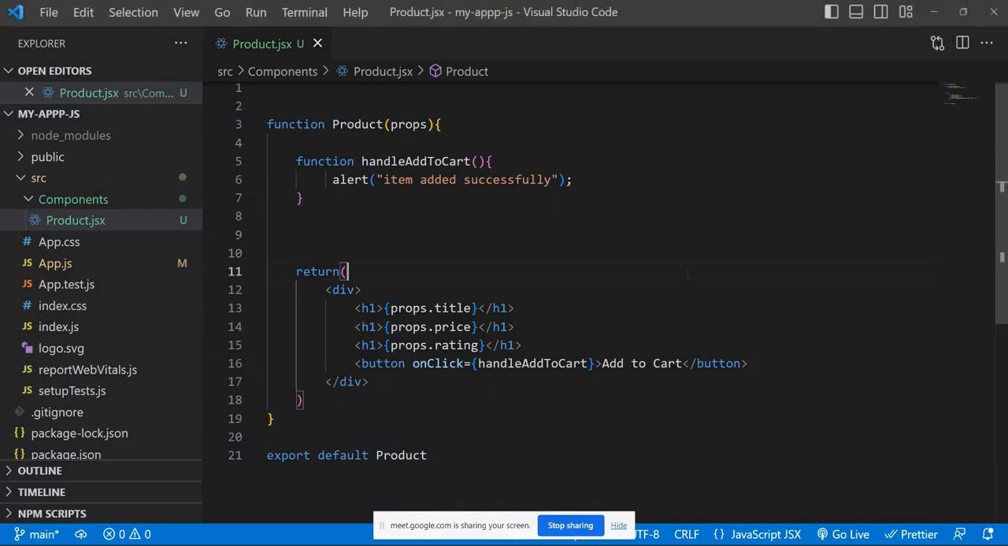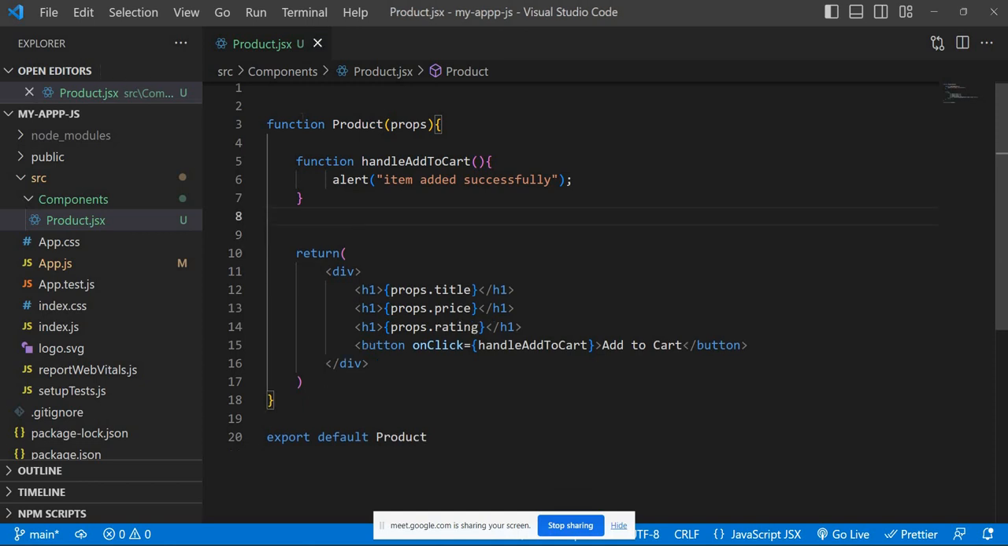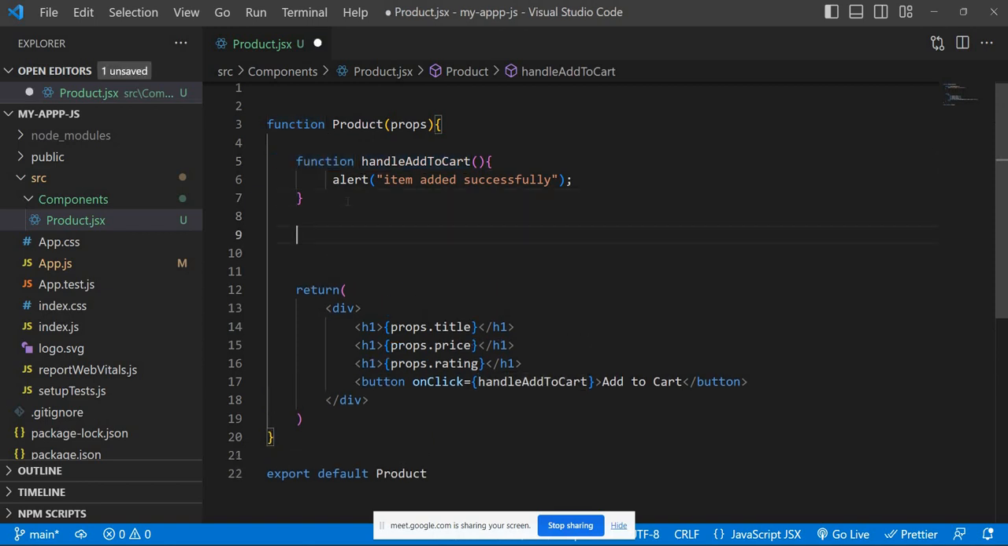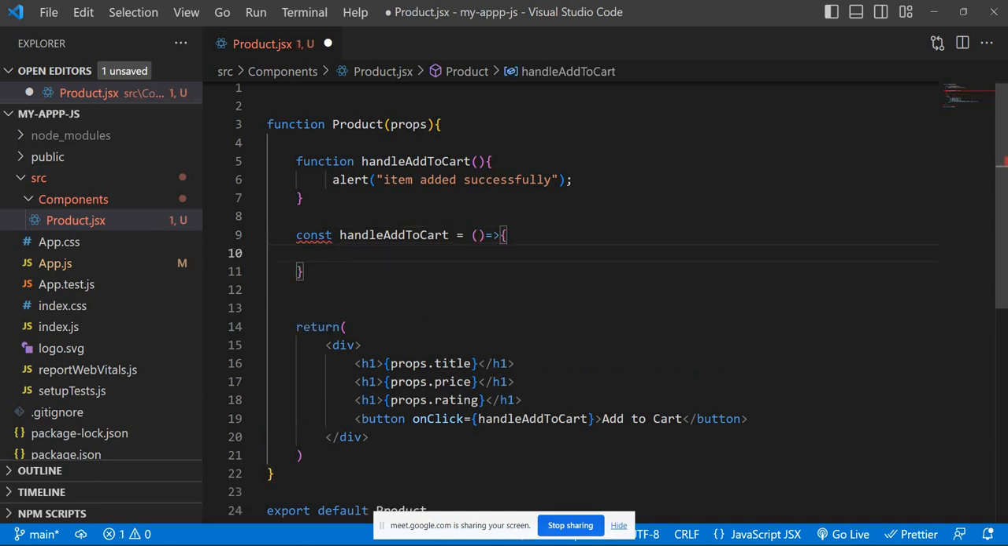Another thing is that we can use arrow functions, because sometimes you will get a lot of confusion. This is the function and this is the product, and again you are writing a function inside it. Definitely it will be the biggest headache. So don't worry, just create arrow functions. Since we are already using ES6, we have arrow functions. So const handleAddToCart is equal to this arrow function, and just put the alert inside of